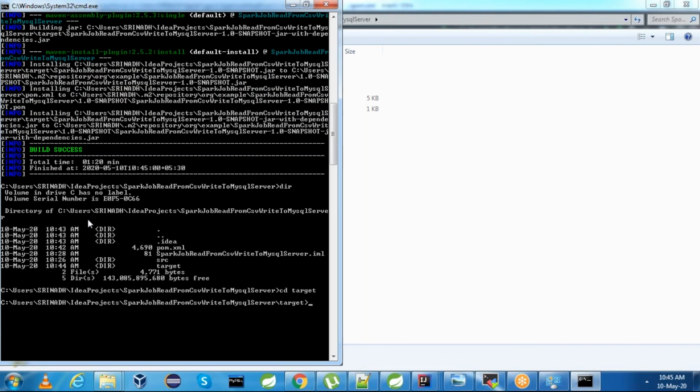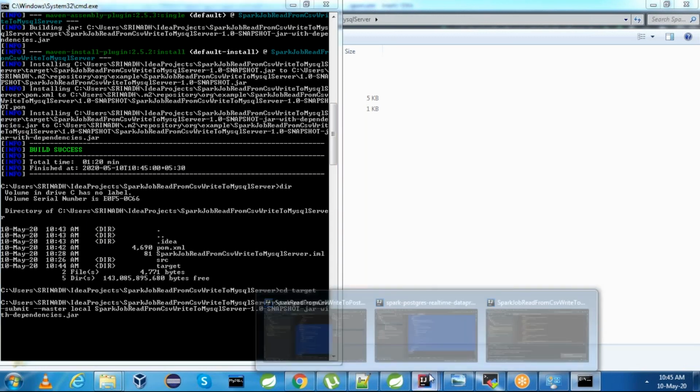the Spark submit command. Spark-submit --master local, and then your jar file name. This is your jar file name and your main class.